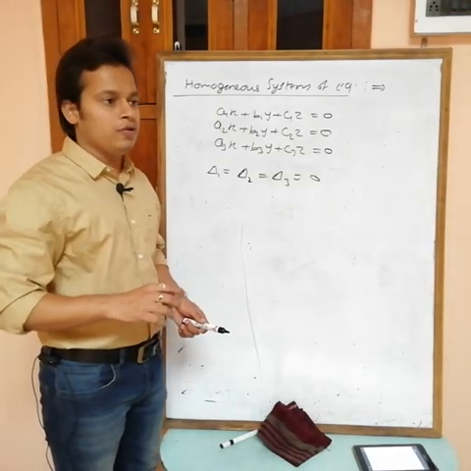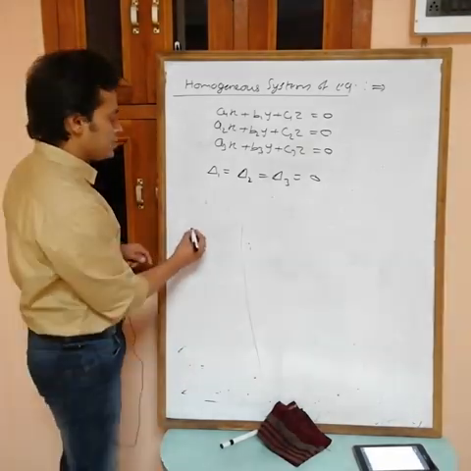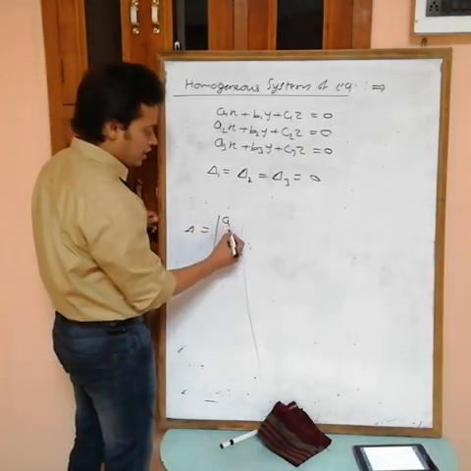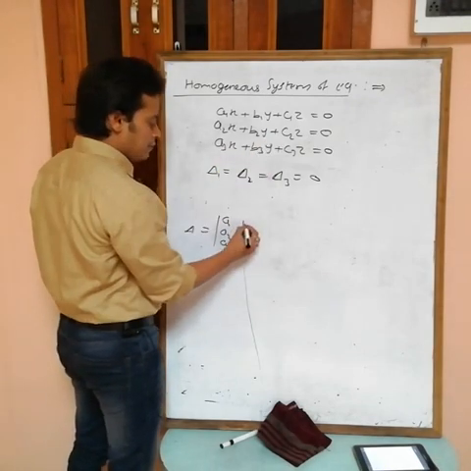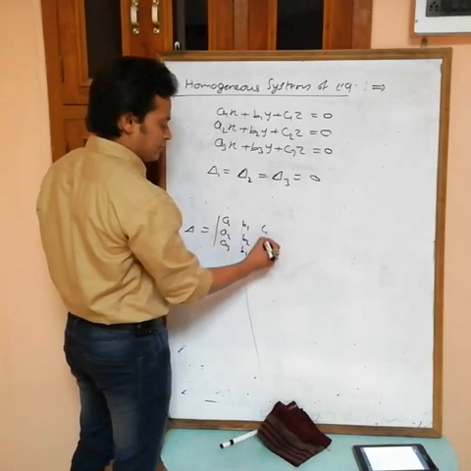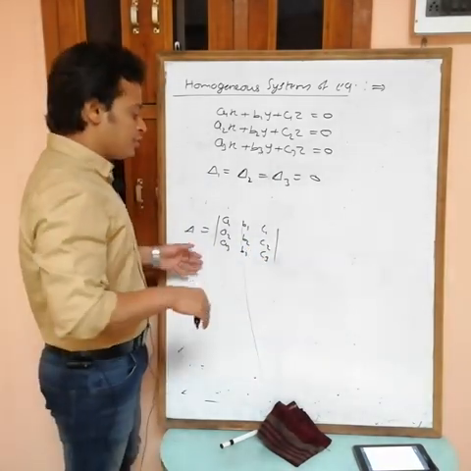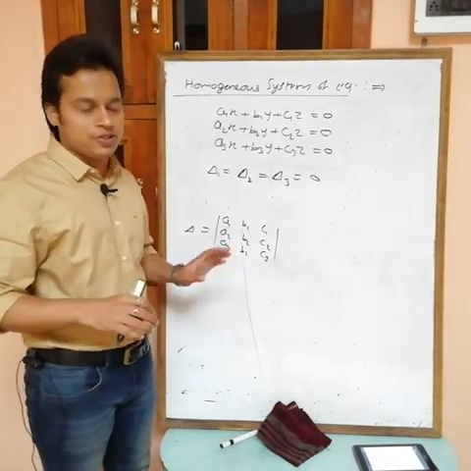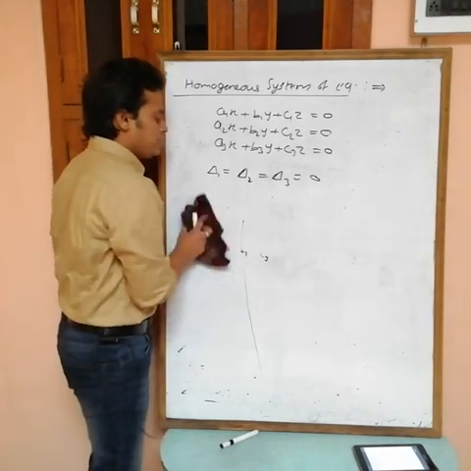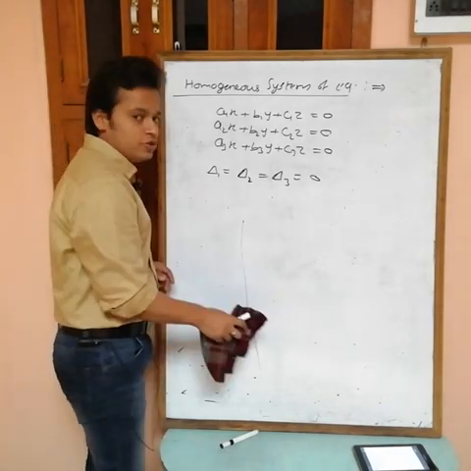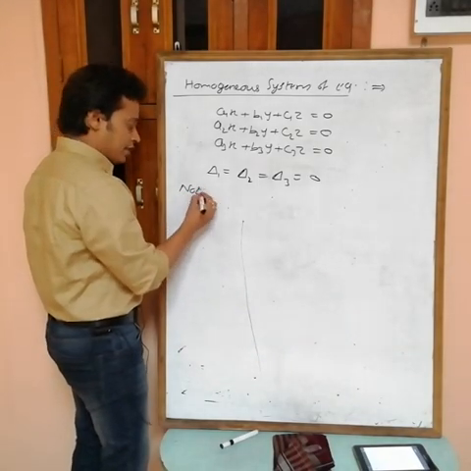What about del? Now we can't say directly for del, because del may be 0 or may not be, because del is the determinant formed by the coefficients of x, y, z: a1, a2, a3, b1, b2, b3, c1, c2, c3. Now you can't directly say that this one is equal to 0. This may be 0 or may not be. For this one we have to check. But obviously in case of a homogeneous system of equations, the other three values are always equal to 0. Okay, now take the case for del.